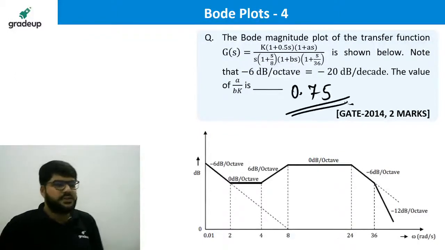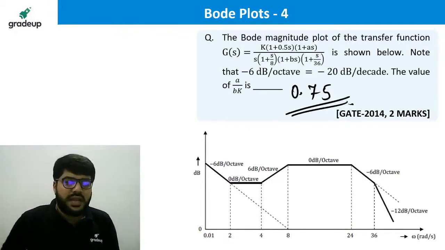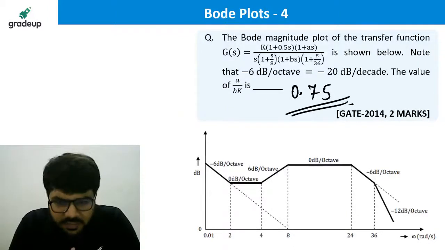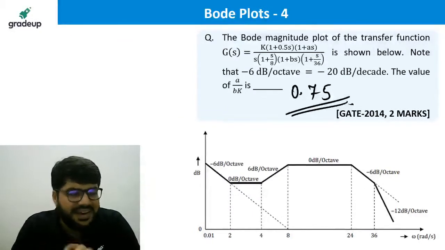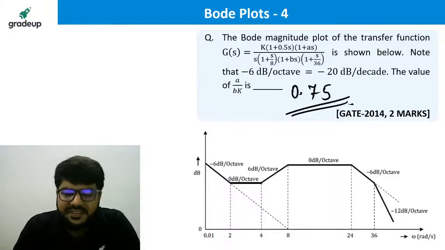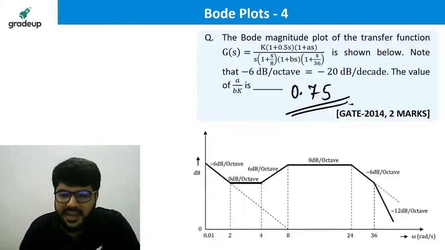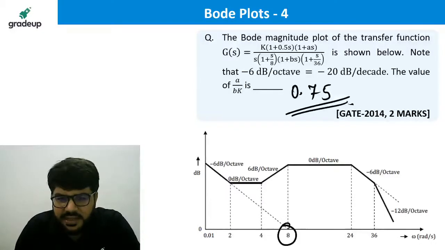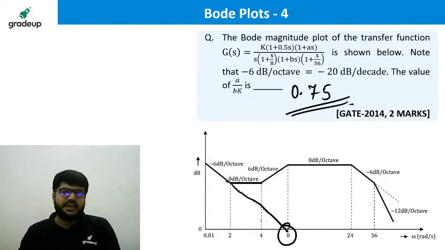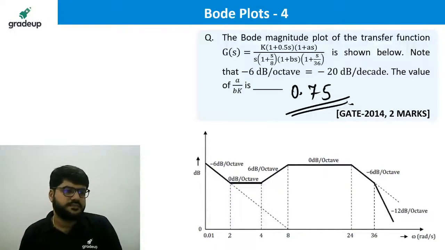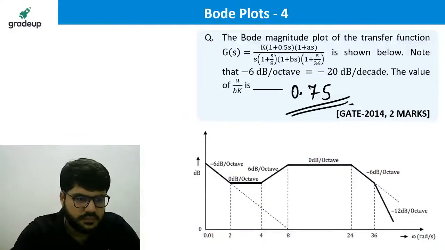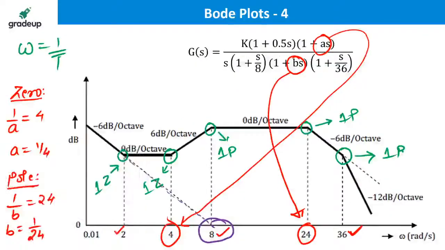0.75. Understood? So just the missing terms were found, and k can be found by the initial part formula or by the portion where the initial part intersects the 0 dB axis, and that is given directly. The best part is it is given directly. Here it is intersecting at 8. The initial part, see, if it is extended, it intersects the 0 dB axis at 8. Alright, take the screenshot for the solution, guys.